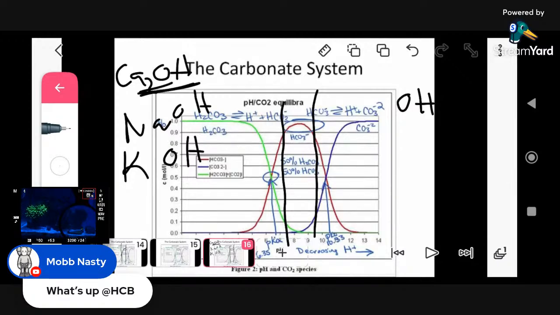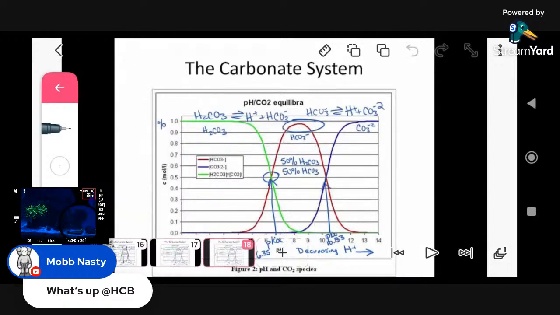What other hydroxides are there? There's magnesium hydroxide. Is it Mg? I think it's Mg. Magnesium hydroxide. There might be a 2 here, or a 2 here. I can't remember. You guys got to look at a periodic table. You guys balance that. But anyways, any form of hydroxide, guys.